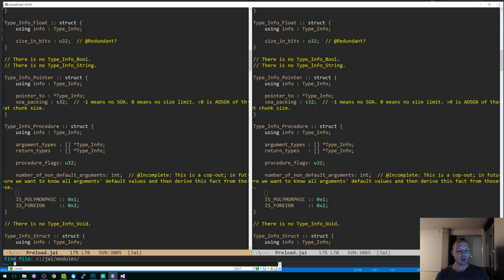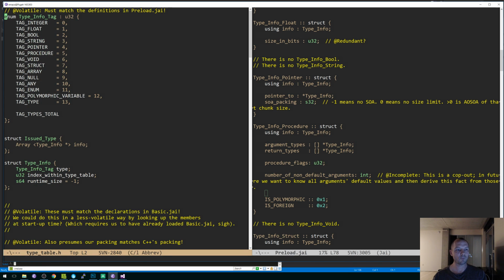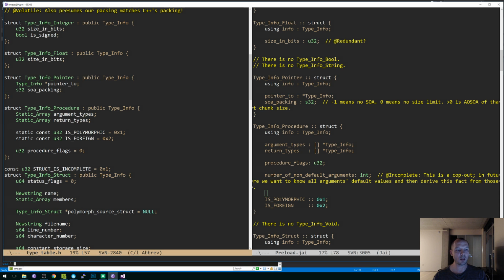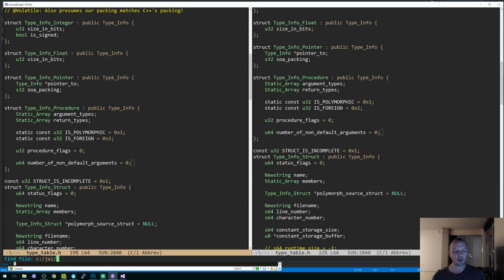Okay, so I have to go into the compiler now. So now we're going to be looking at C++. And we are going to go to the messenger, which sort of echoes all these structures. So in C++, oh no, actually, type table is where the type info is. So here's our C++ definitions of the type infos, and here's procedure, and use64, number of non-default arguments. Right, so then, in type table,